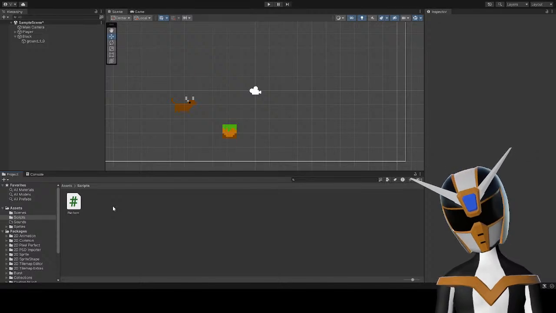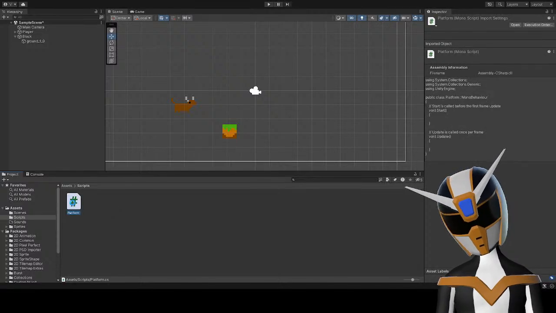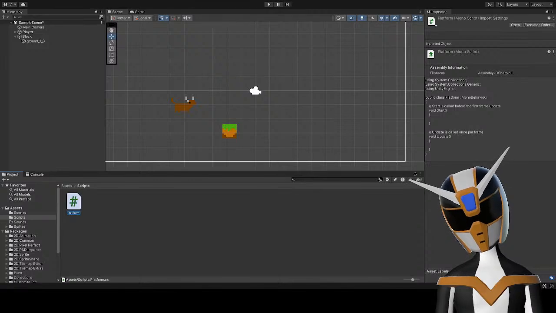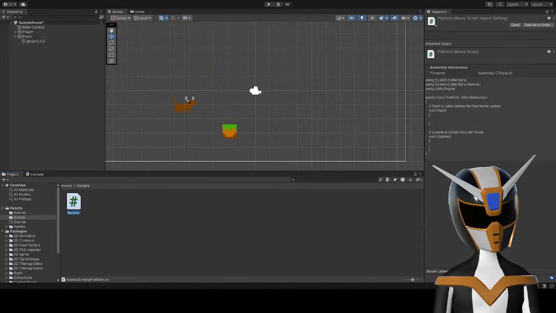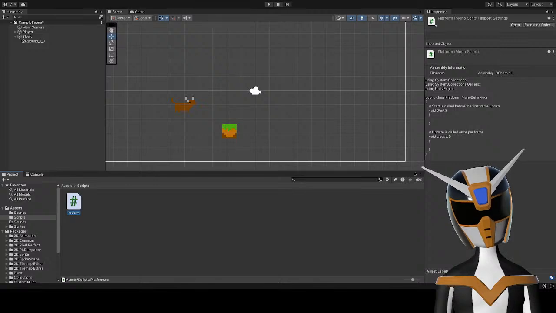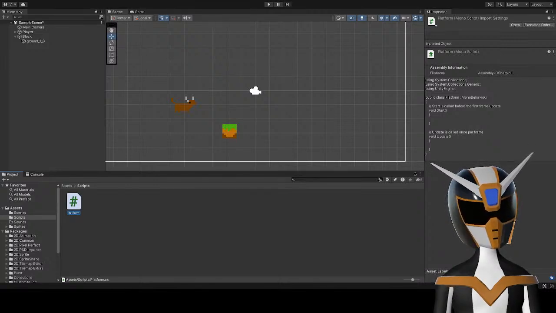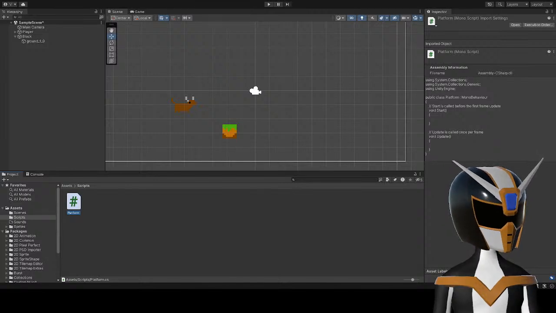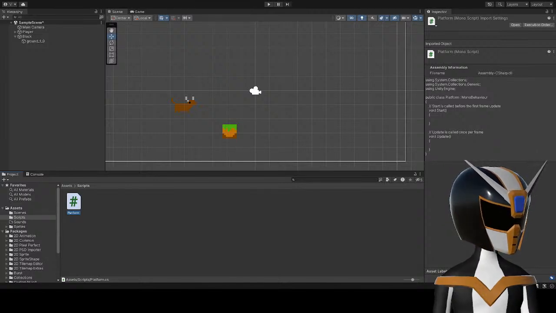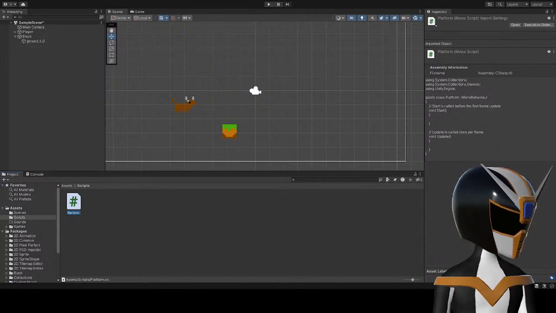Yeah, I want to get these platforms going before I get the character moving. Is Visual Studio going to be visual? It doesn't seem like it.